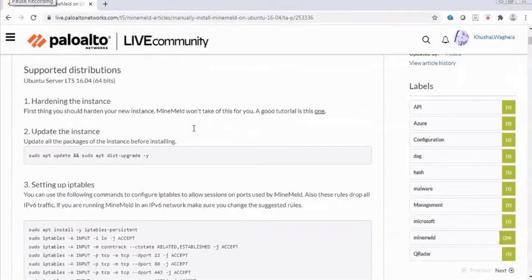Hi friends, in this video I will be installing MineMeld, a Palo Alto product, on Ubuntu OS. MineMeld is a good product from Palo Alto. It's an open source product